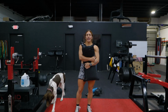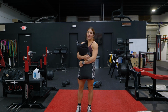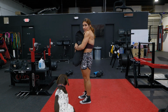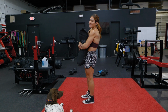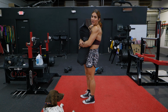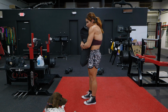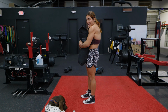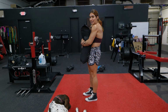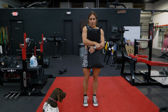And then the final exercise is gonna be a front-loaded walking lunge with posterior expansion. So you really wanna hold snug onto whatever you're holding. It could be a sandbag, it could be a med ball, it could be your partner, your dog, whatever it is that you have at hand. But really make sure that you're rounding your upper back and breathing into whatever it is that you're holding to expand your rib cage and your diaphragm. So from here,